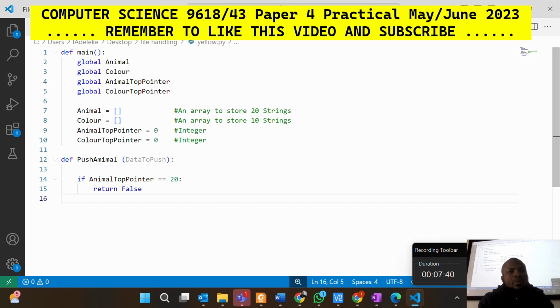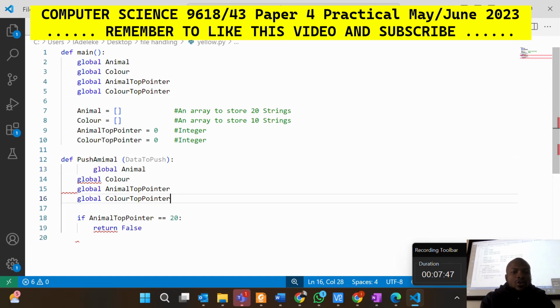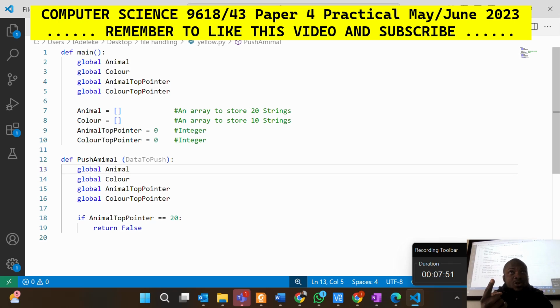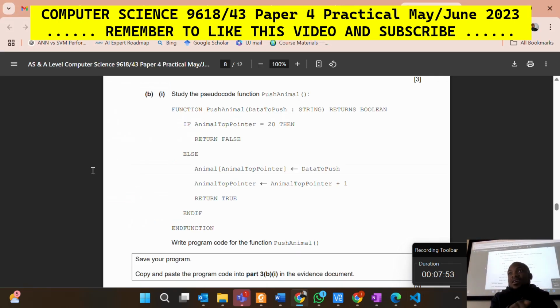Don't forget to copy your global variable, because the global variable was not copied before, isn't it? But here you have to copy your global variable. Why? Because it will not be accessed outside of the function. Was it mentioned here? No, but your code will not run. And you won't even lose marks if you don't do that, isn't it? But your code will not run. So don't forget. Else,